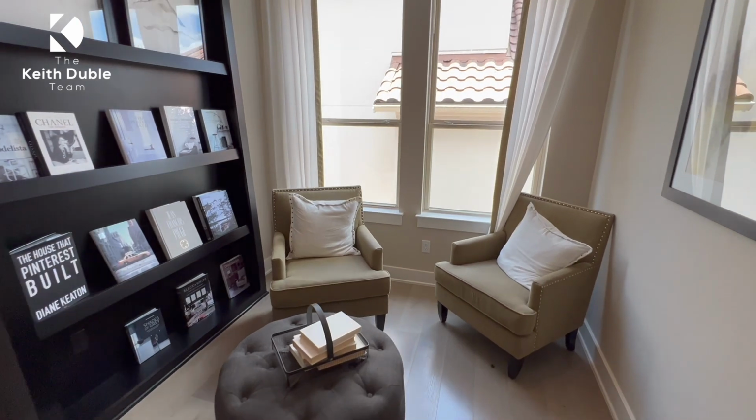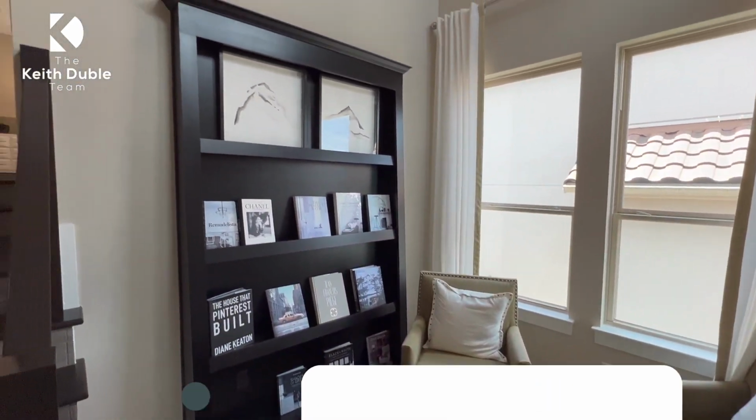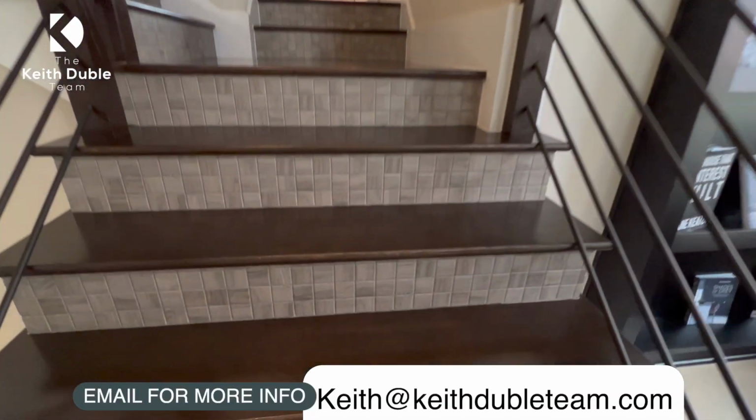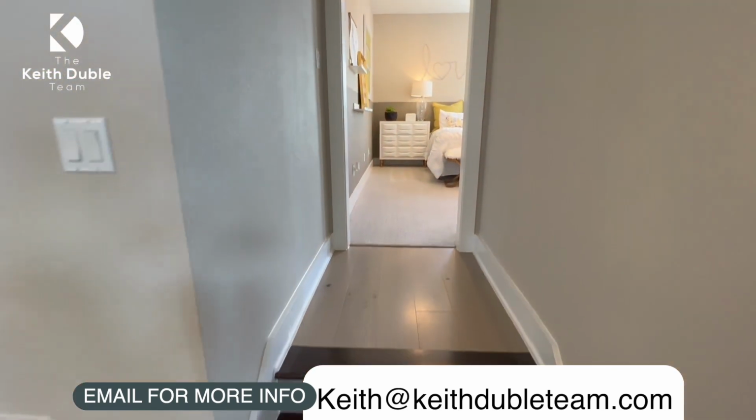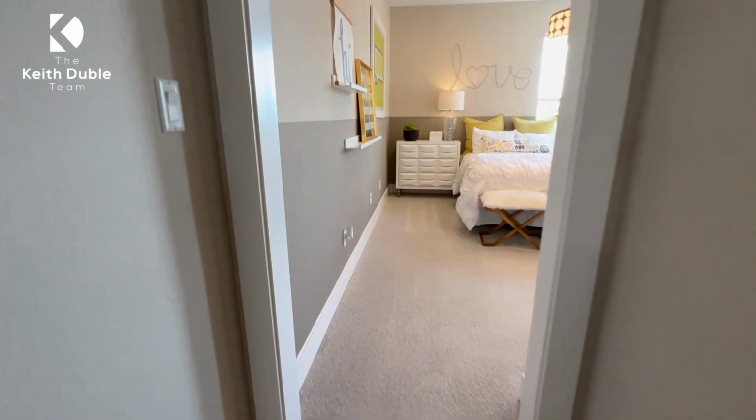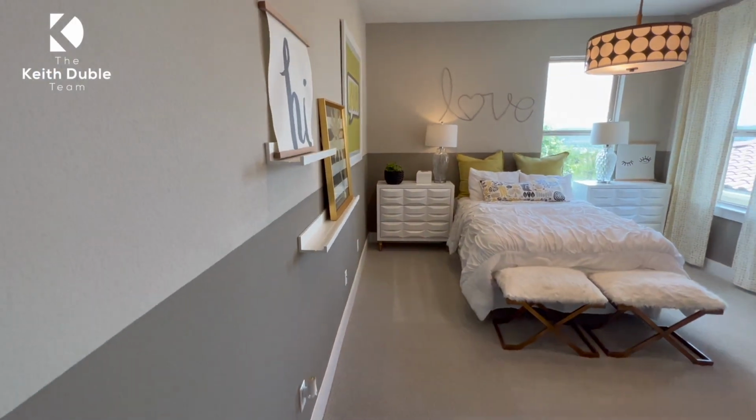I don't know why. It's like I'm seeing this cool day outside, cup of coffee, a book, and you're just relaxing right there. I don't know. That just seems like the perfect place to nook out and read a book. It just seems like the coolest spot. So the upstairs